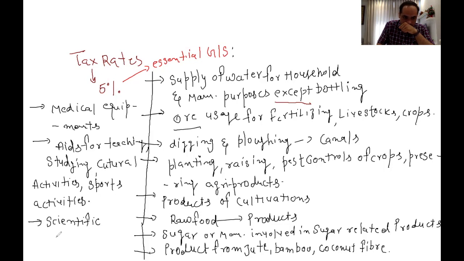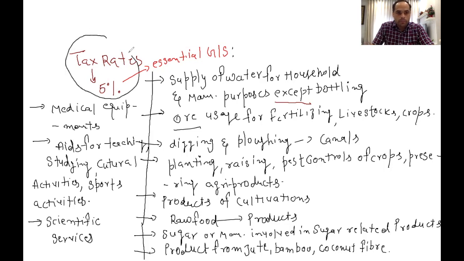Scientific services, right? So all these kinds of goods or services, we are going to pay simply 5% tax. So that's all about the tax rates for the 5% tax rate, which applies to these kinds of goods and services. Now move on to the next one, which is the